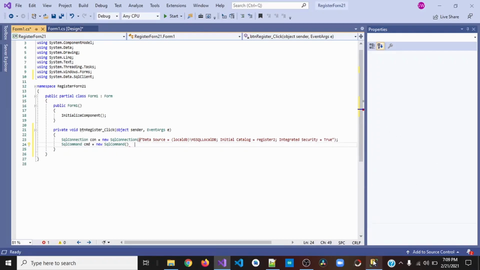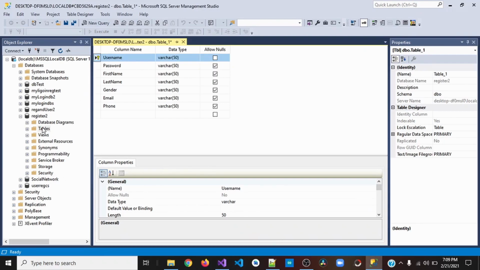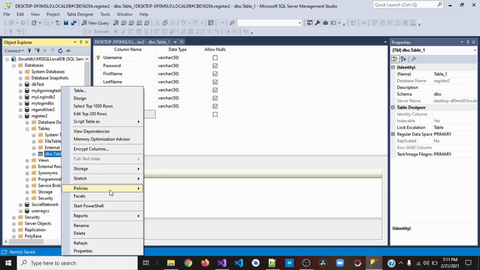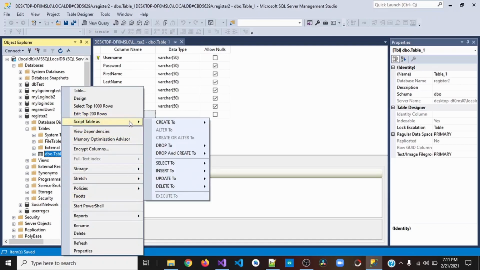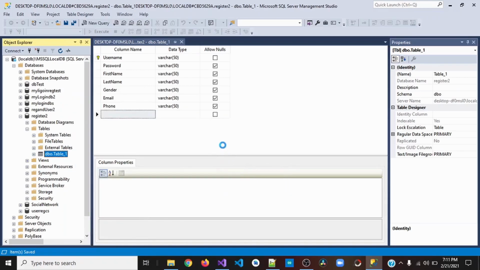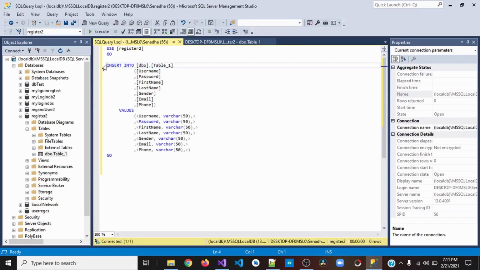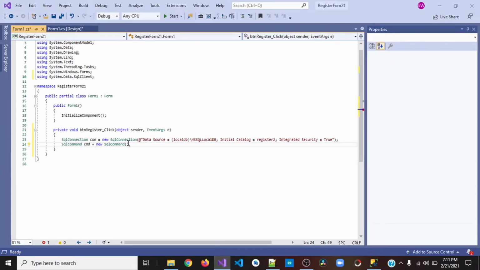Next what you have to do is open up your SQL server and click on your tables again, then right click on your tables and click script table as, and click insert to and new query editor window. So next copy all this from insert to the last in the values, don't copy the go. Then go to your Visual Studio and paste this inside your brackets,